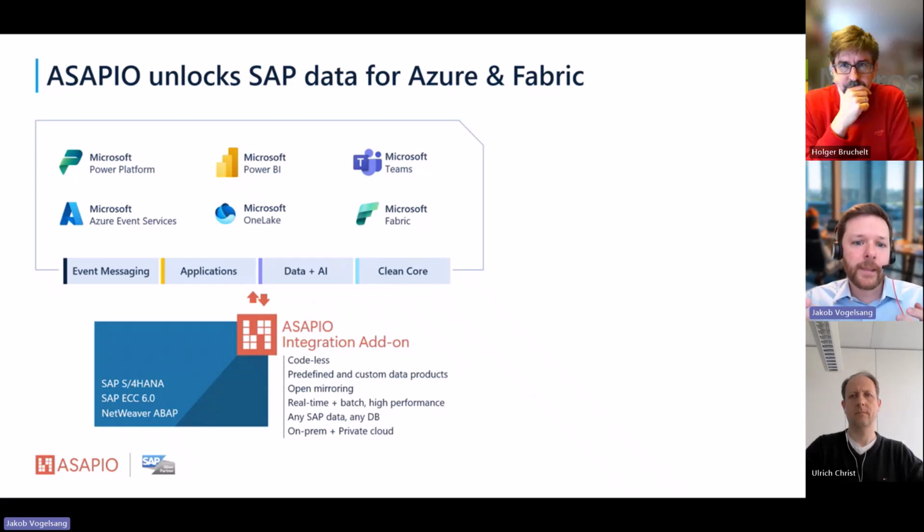And so last year, basically, we realized that this, of course, is a perfect combination to also then connect the SAP system to OneLake and to Fabric, and to basically leverage these components that we have had before as well. And so maybe from a technical perspective, what our add-on really is based on, or what it prioritizes, is that we make the whole definition of the interfaces of the replications that you configure in the add-on,